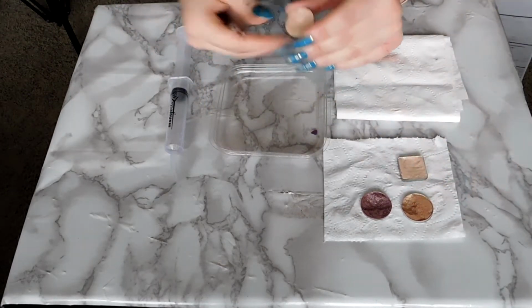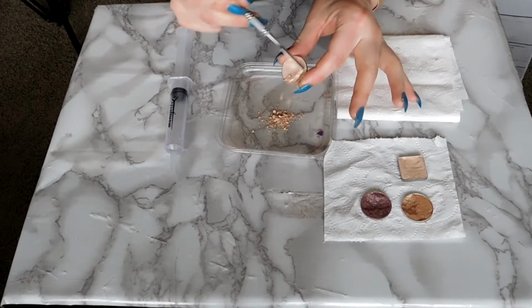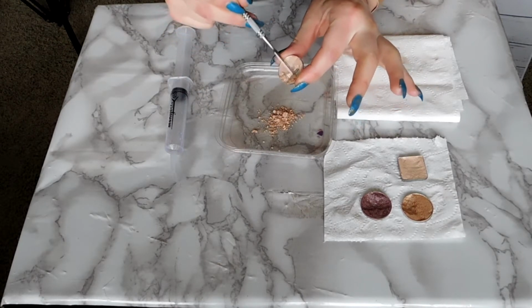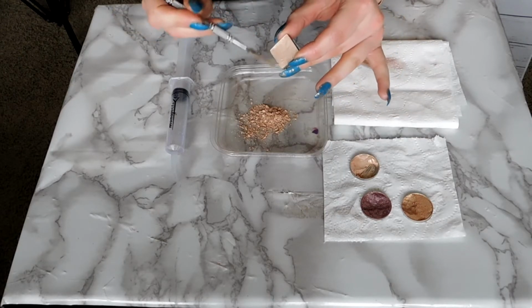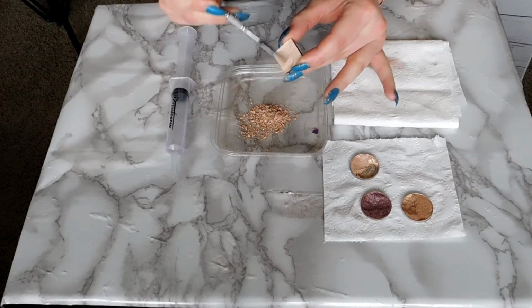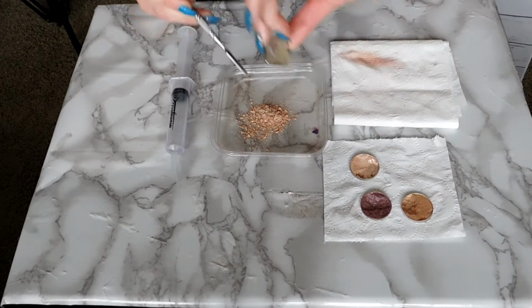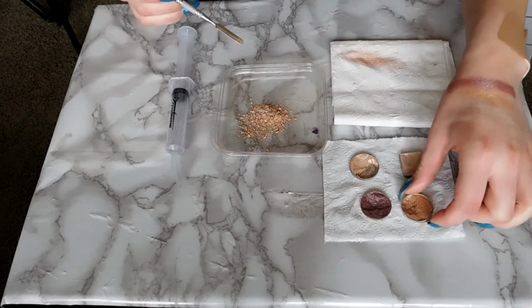So I'm going to go ahead and take Makeup Geek's Shimma, and this is going to be our base shade. So I am going to dig out a decent amount. I'm going to take just a touch of Urban Decay's Sin. I can add this later on if I need to lighten anything up because it's a light kind of goldy champagne color. And we might need to lighten up the highlight just a touch because I am going to be